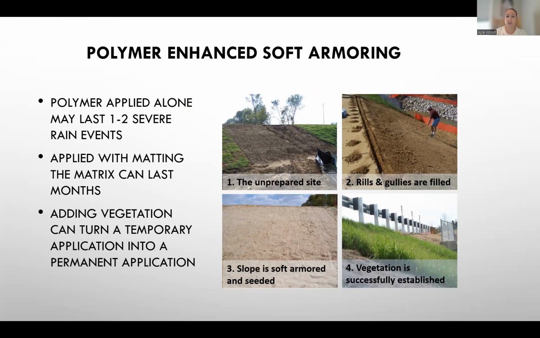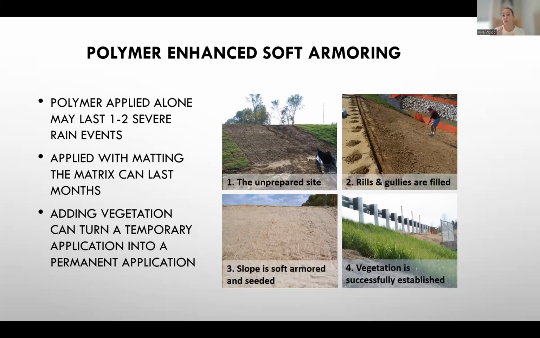Basically, if you apply the polymer by itself, as we mentioned, it's not permanent. It may only last a few large rain events before it needs to be reapplied. But if we apply it with the matting or we're establishing vegetation, it can be permanent. We want to make sure that we prepare the site. Really, the biggest thing to make sure of is that if we are applying with some type of matting, if it is an open weave jute or something like that, it doesn't matter whether we apply the matting or the polymer first,